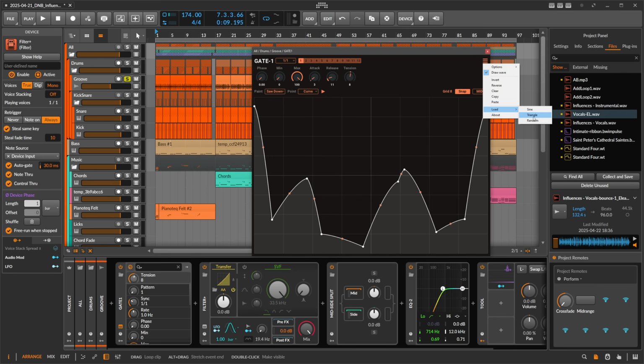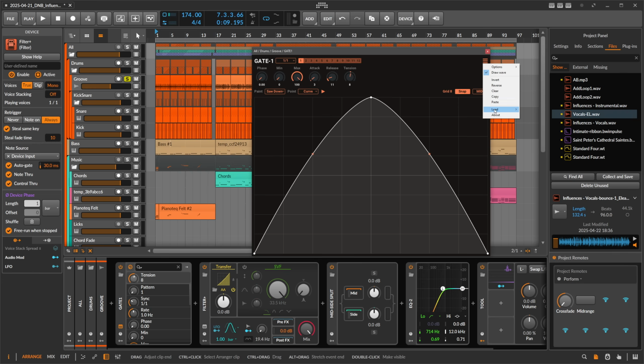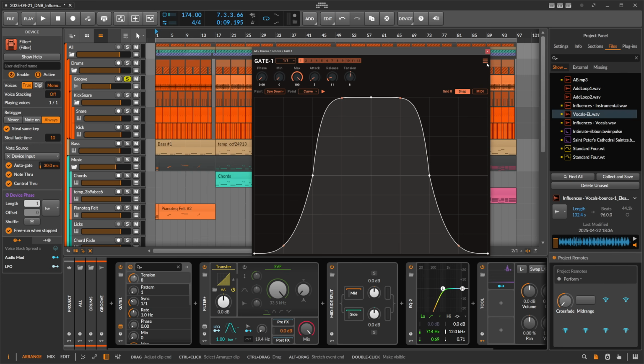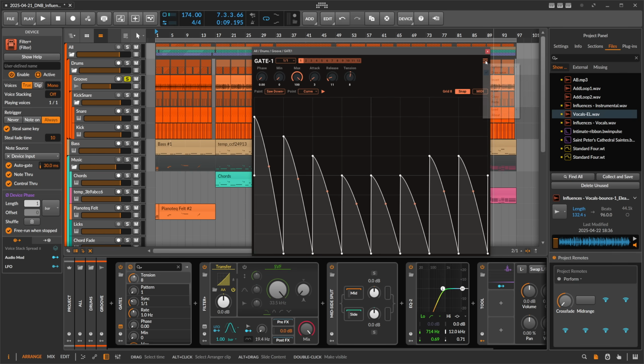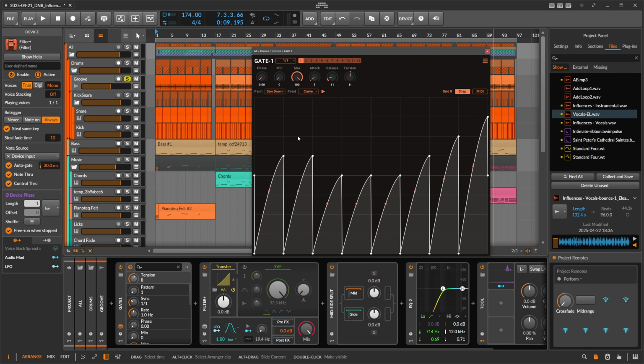That's maybe interesting. Triangle is something like this, and we have sine. Okay, for whatever reason. Maybe there is an option in the future to have some presets. Can also clear this up here, and then we can paint something like this and say reverse. Then it's reversing the shapes. So a lot of things in here you can't find in